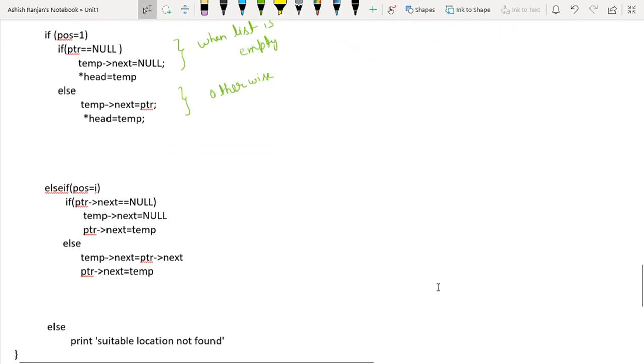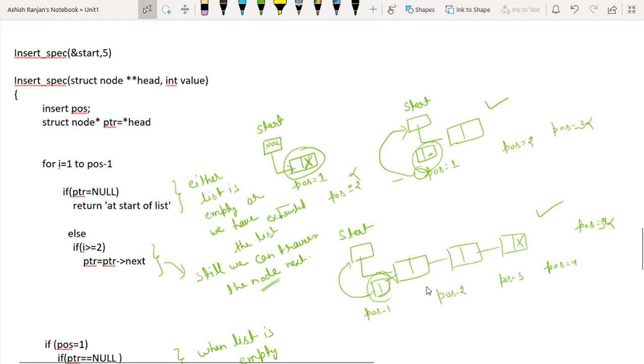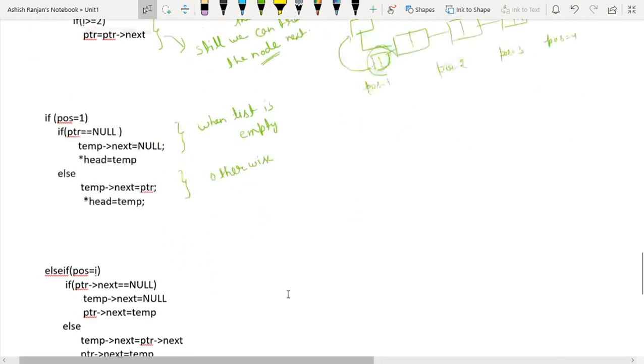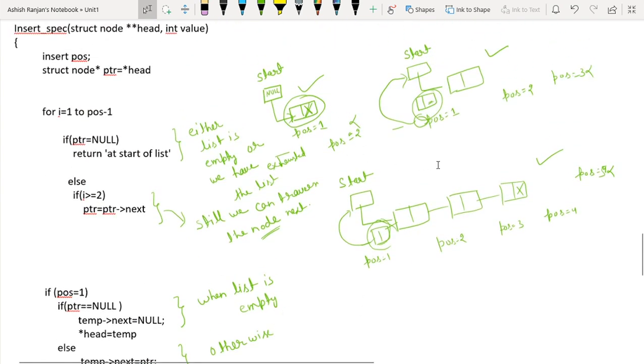Similarly, in this case we can only store the element at pos equal to 1. The second thing is possible when pos is not equal to 1, pos is given arbitrarily, let's suppose n.